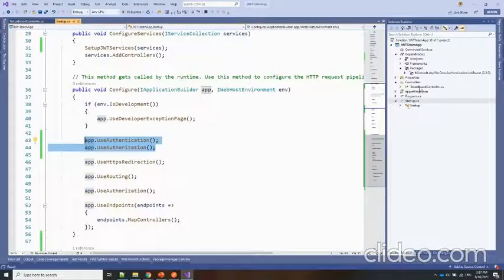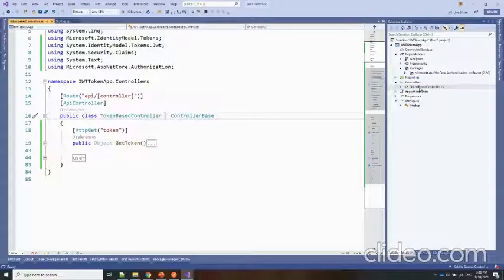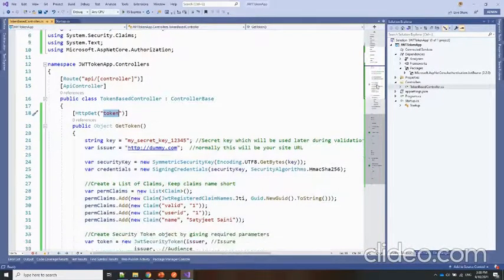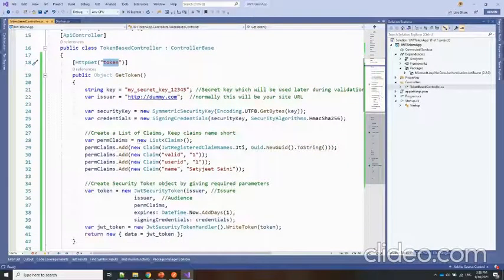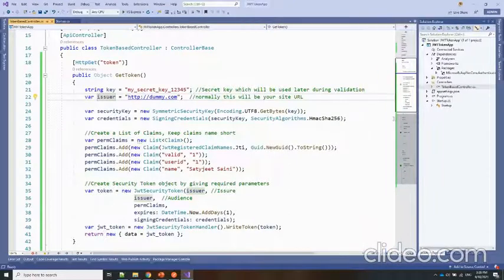Coming on to the controller side, I just added one controller with the name TokenBased, and here you can see the api/[controller] route is there. I just created one function, a GET type of function, which has the key. This is the same key which we assigned there, and this is the issuer. And you can see I put some comments also here if you have any doubt, like the secret key which will be used later during the validation. Normally this value would be our actual website URL. After that, we are using this algorithm,